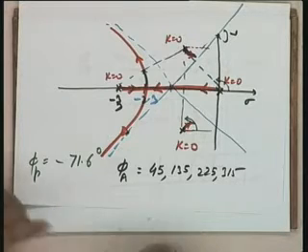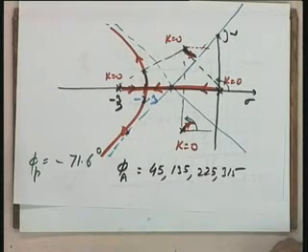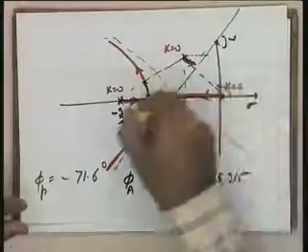Fine. So you said minus 0.725 plus minus j 0.335 is not a breakaway point because it does not lie on the locus. That's right. But that is only from intuition. It could lie. Yes, that is what I say: by intuition, because I expect that this will go this way. If you say it could lie, the only check is this: take the point and apply the angle criterion.